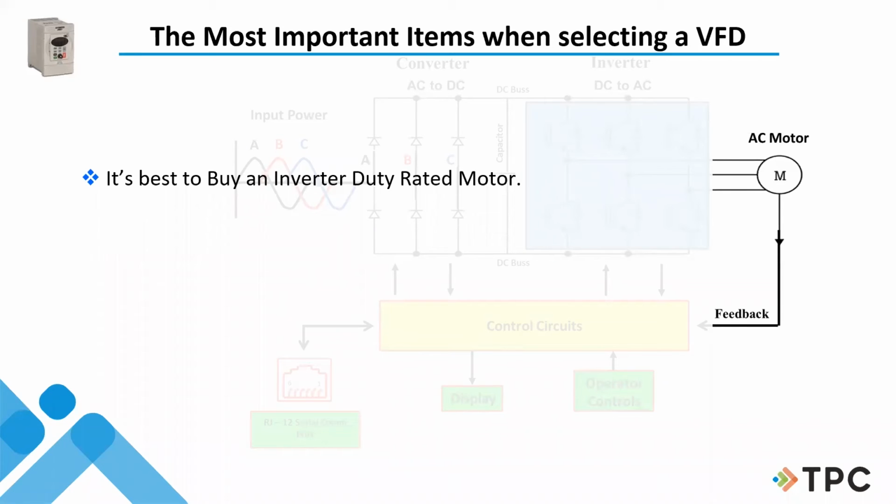I would tell you that a lot of people put drives on general purpose motors, type B general purpose motors, because they're less expensive than an inverter duty motor. But inverter duty rated motors are special. They cost more, and they cost more for a reason. They have insulated bearings, so current can't go through the balls into the shaft to ground. They have much more insulation on the windings, much more sticks and tie down straps inside on the windings so